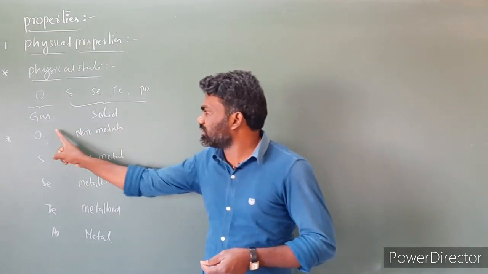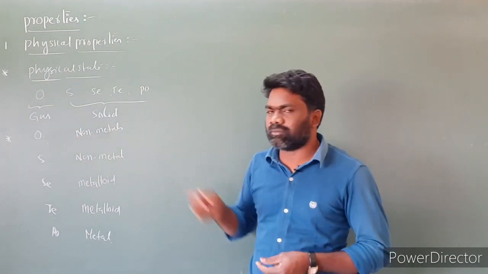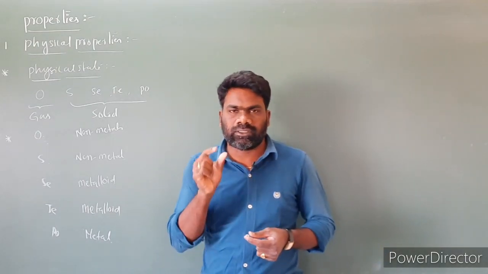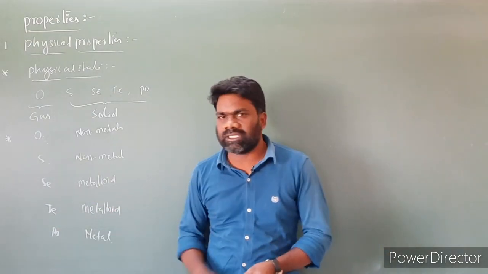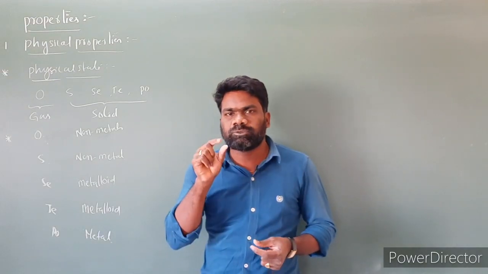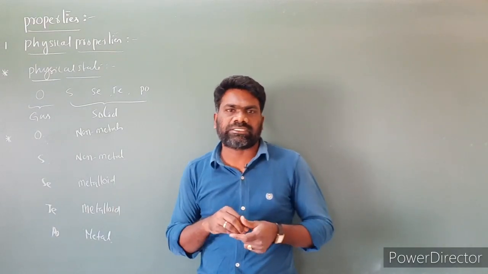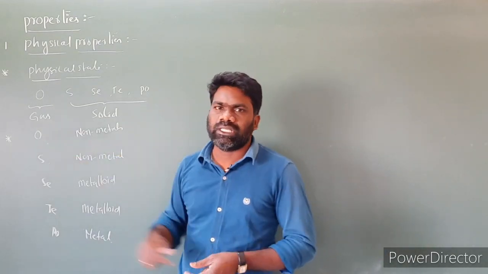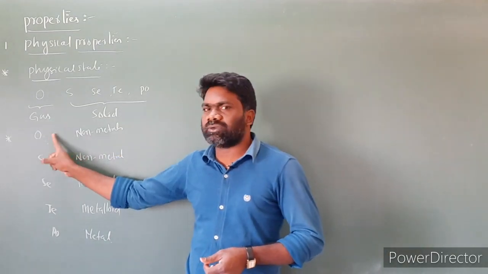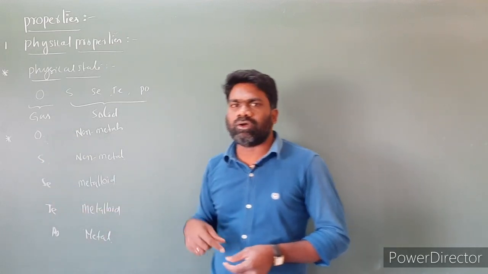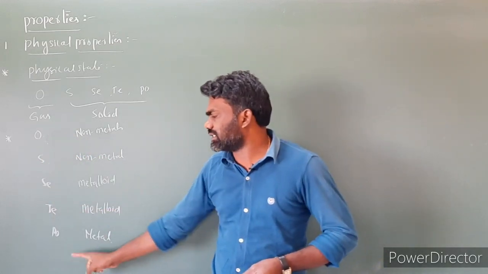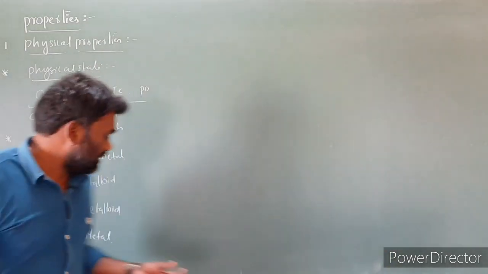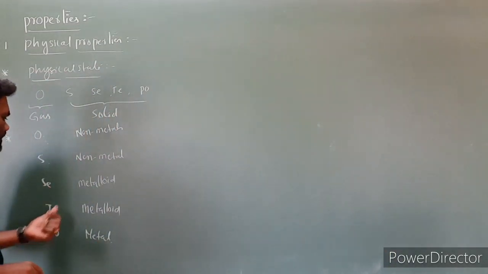But in the case of oxygen and sulfur, the non-metals, their sizes are very small compared to the rest of the elements. Because of the small size, they are ready to accept electrons, so they are more electronegative. Oxygen is more electronegative. Because of the high electronegativity, oxygen is a non-metal and sulfur is also a non-metal. The rest of the elements: polonium is a metal, and the remaining two elements are metalloids.